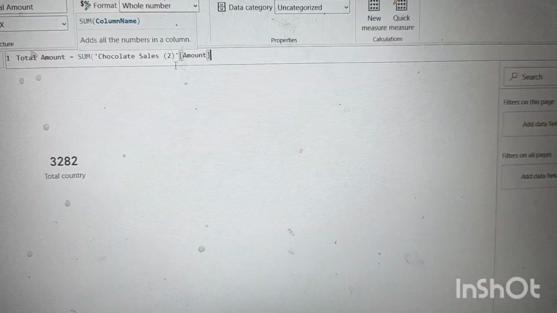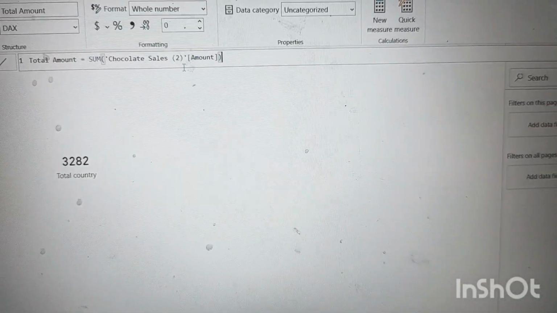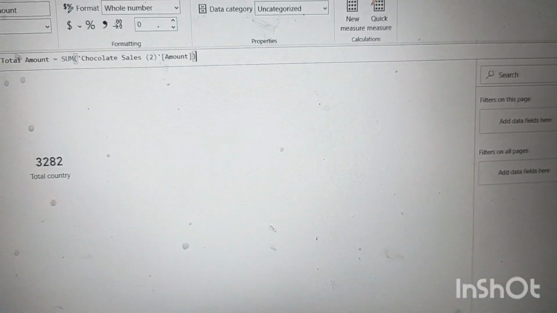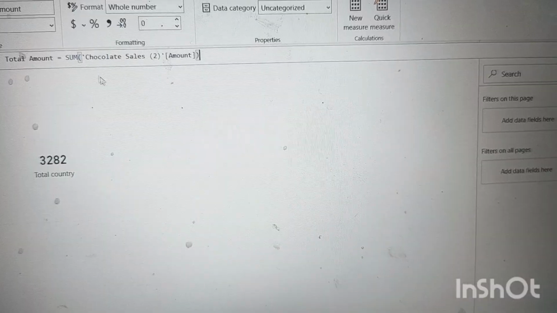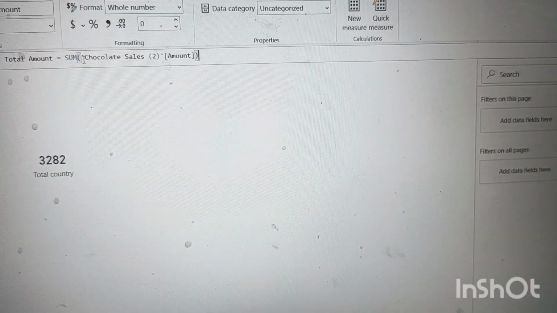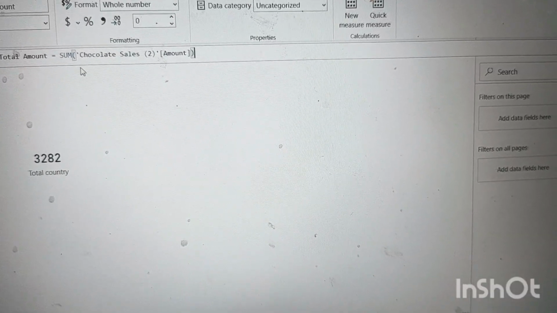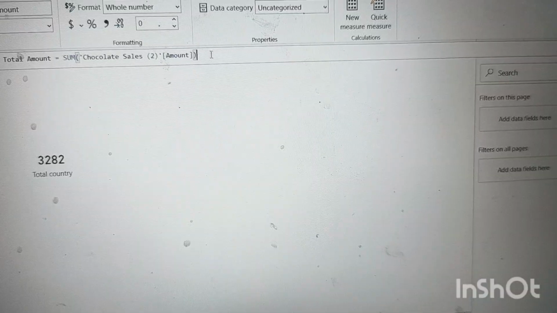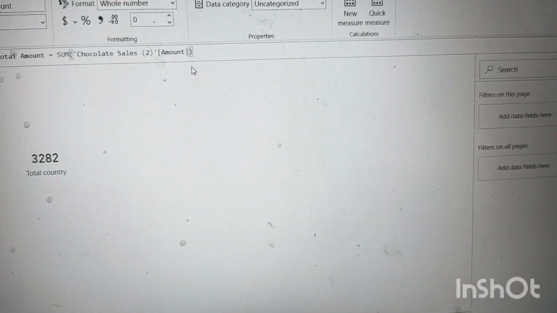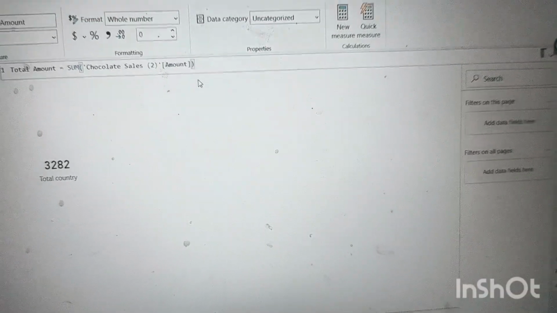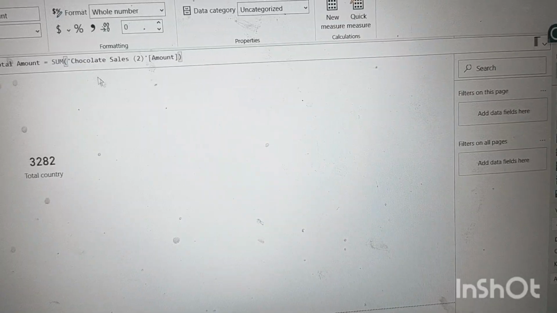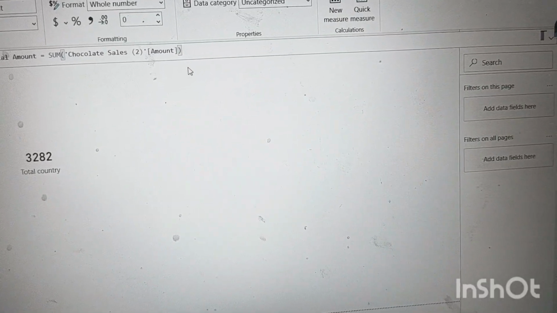Just close the bracket, as there is an open bracket after sum. To close that one, we have to put another close bracket. The chocolate sales 2 table and amount have been selected.